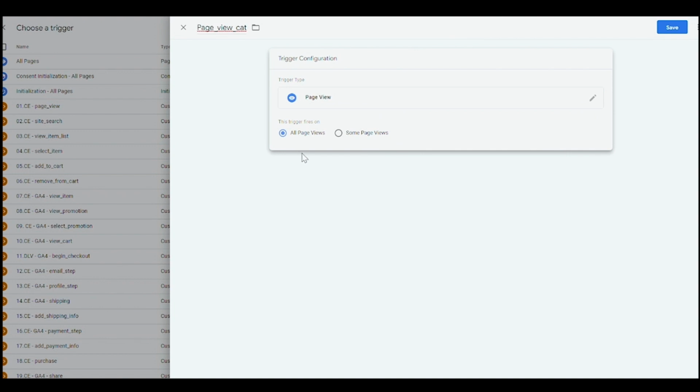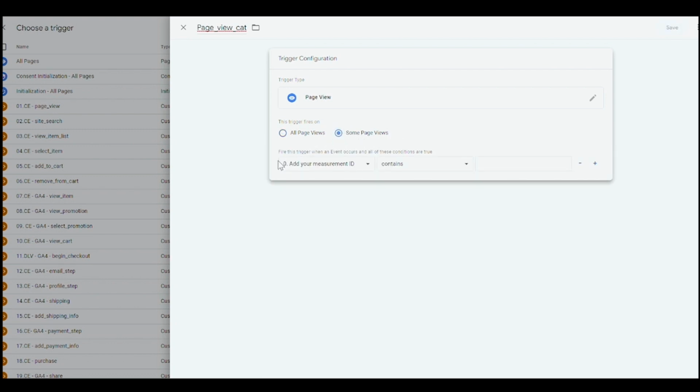In here we have different options about all page views, so it's going to be every time a new page is loaded, this event is going to trigger. But we don't want that, so that's why we're going to use some page views. So for some page views, we are displayed different options about what we can do, and we have different lists here. So I know that every time a user chooses from my menu, my URL changes, and it's going to be different from a search or